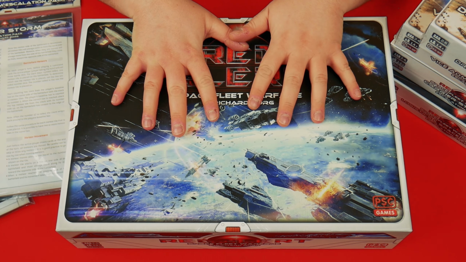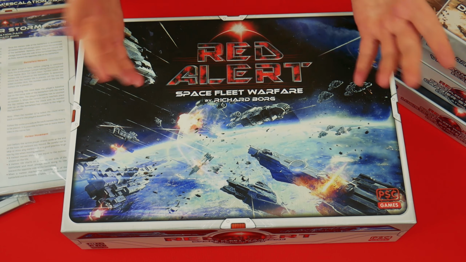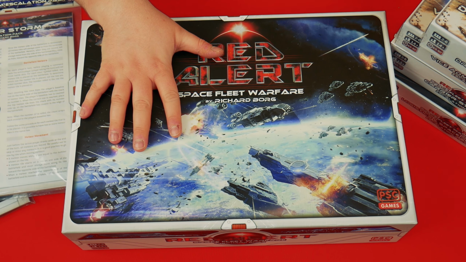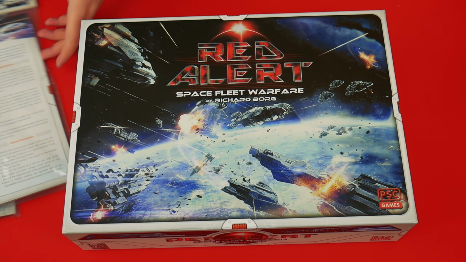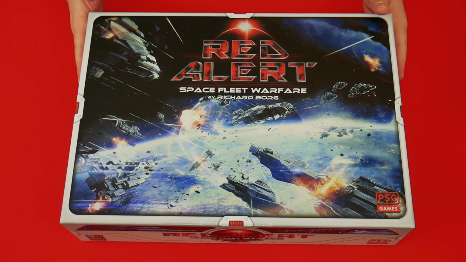So you join me at the table where we are about to unbox this humongous box of goodies. This, as I said, is Red Alert by Richard Borg, published by Plastic Soldier Company. And yeah, we're going to see what's inside. So we have 4 box expansions, which we're going to set to one side. We have 3 additional baggies of expansions, which we're also going to set to one side because we're going to focus on the main